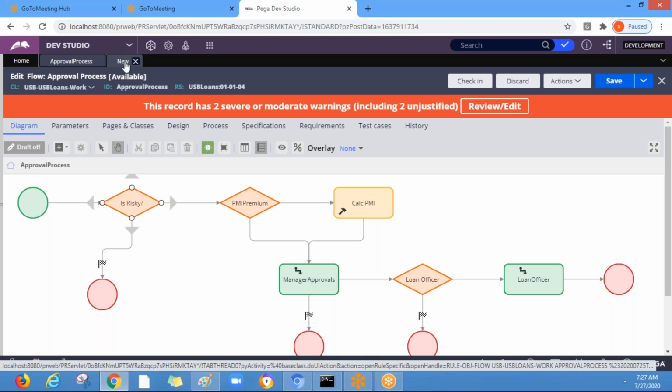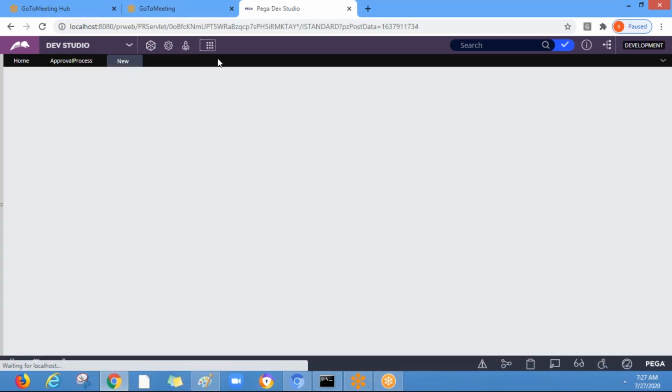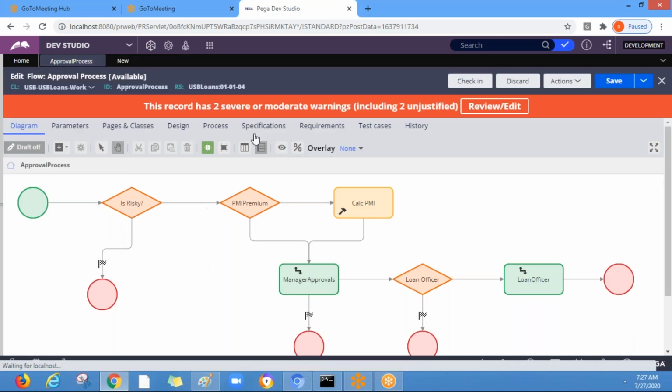Let me run home loan. For the home loan, we are going to provide more liabilities than assets, and let's see what would happen.